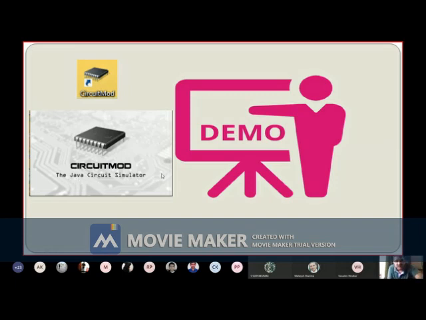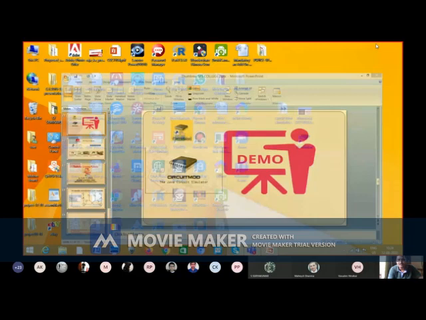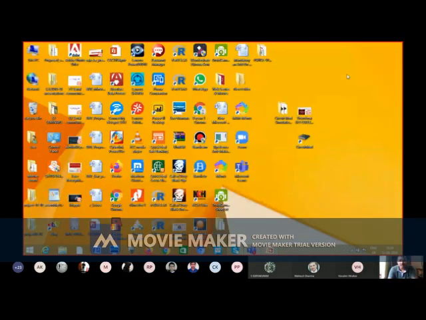Correct? So go to my desktop. You'll find one icon called the Circuit Mod icon. Is it visible to you?